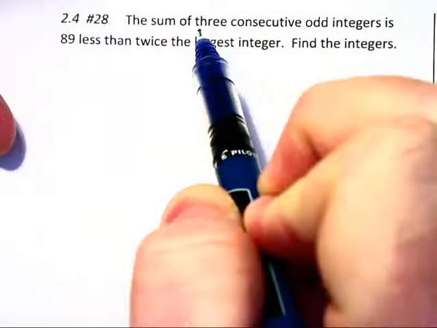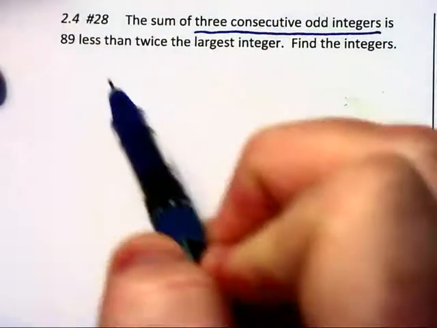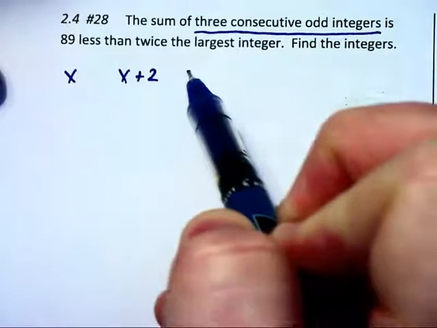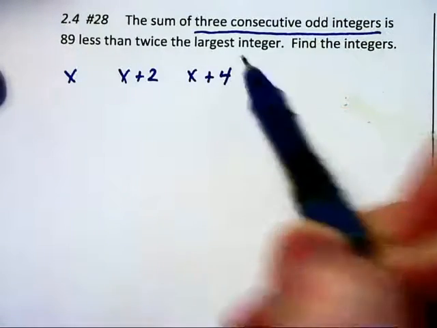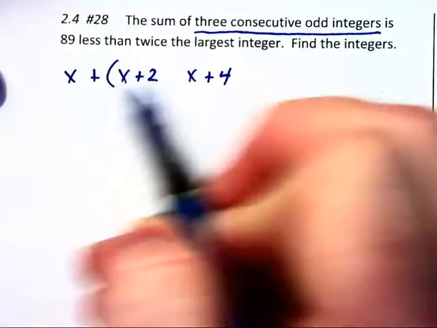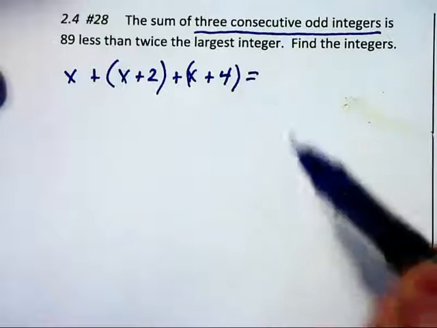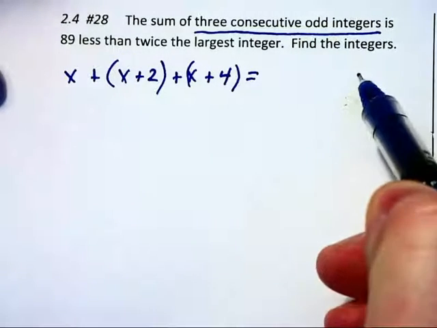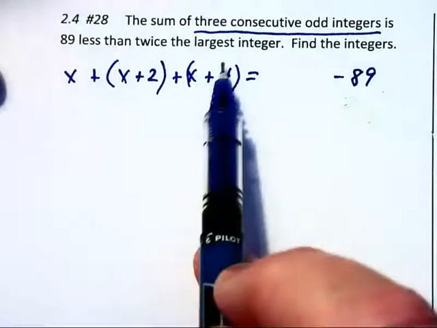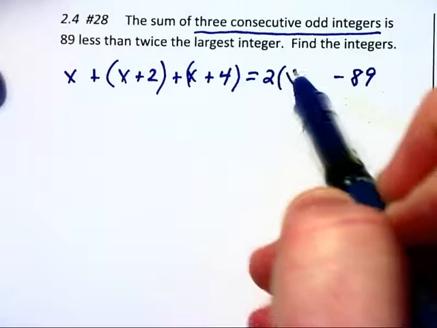I see the phrase 3 consecutive odd integers, and automatically I'm thinking of x, x plus 2, and x plus 4. And reading on, I see it's the sum of these, so it's x plus the x plus 2 plus the x plus 4 is, that becomes my equal sign, 89 less than. I'm subtracting 89 away from twice the largest integer, which is the x plus 4, so 2 times x plus